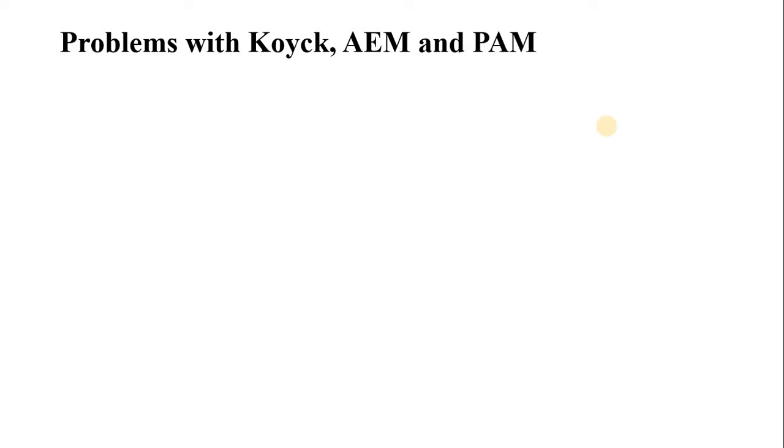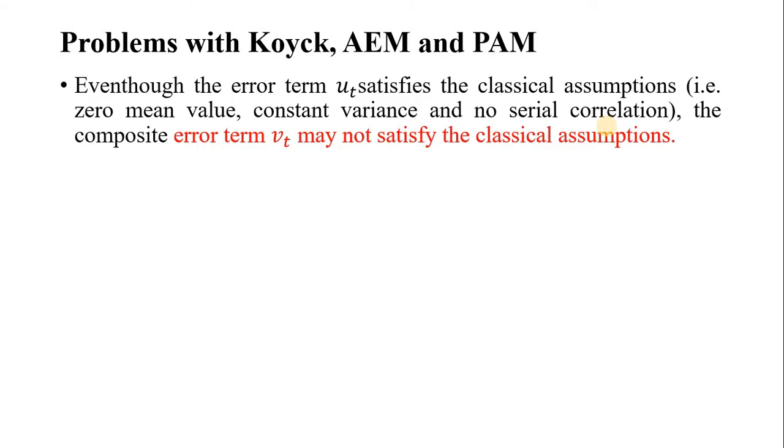Now we come to the problems with these models. As I told you, all these models look the same, and all are built on a single theoretical framework. Koyck built some model, and the AE and PA models are built on the base of this Koyck idea. So what are the problems with the Koyck model? This Koyck model is not free from limitations. It has a lot of limitations, or rather, all these models have limitations. The first limitation is